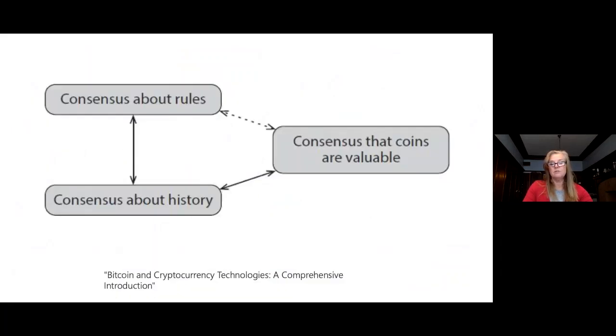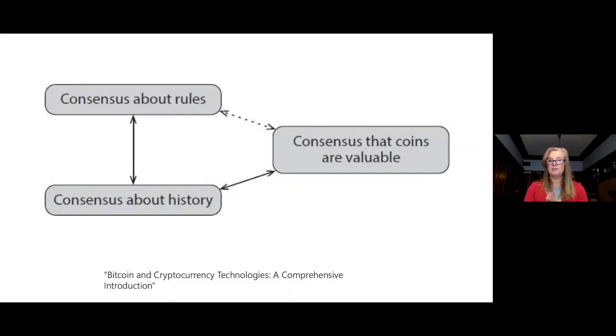All right, so just a little more information: one of the foundations of this is that there is consensus about rules and consensus about the history, and this is what makes the coin valuable. When I say consensus about the rules, it means that there's only a fixed number of things that you can do with, for example, the Bitcoin blockchain, right? You can do transactions, etc. And the reason why I'm bringing this up is that this is the foundation and one of the reasons why Ethereum has even been developed,